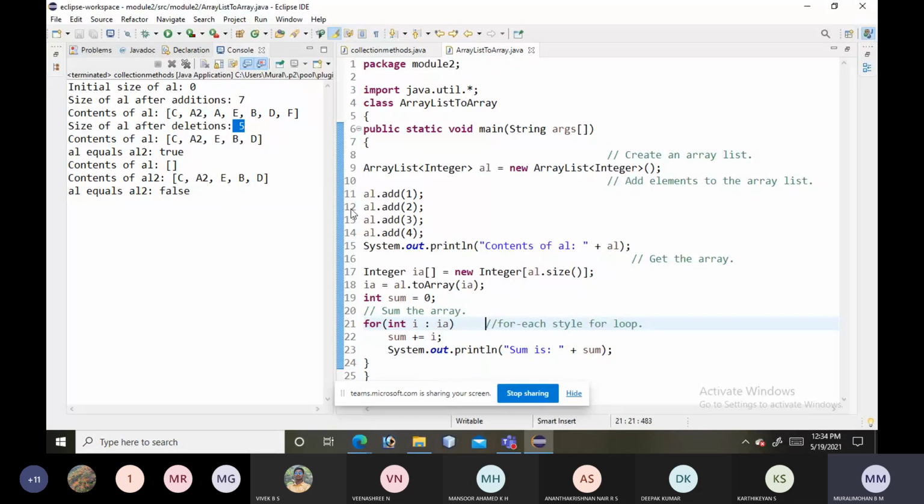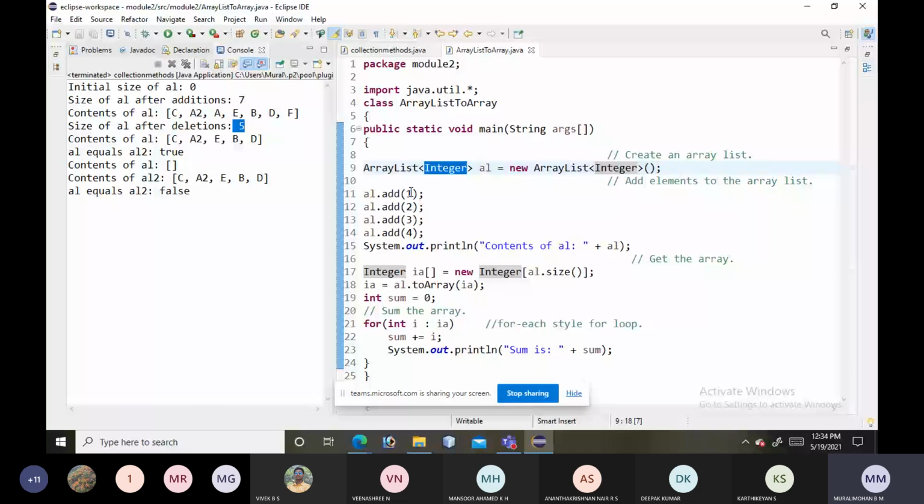So first we created an array list of type Integer. Now we can store integers. You just see this Integer, it is a type wrapper. Whatever primitive values we give, autoboxing and unboxing will happen automatically. Kindly remember that.